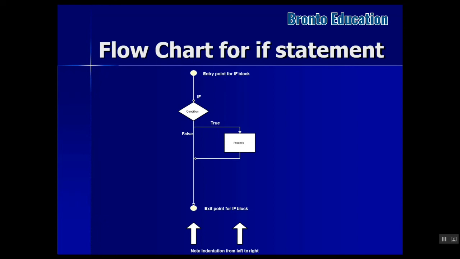If it is true, it will process your statement. If it is false, it will go to the next operation. There is no next operation. Just as we used before, if score is greater than or equal to 50, show that you have passed. There was no error code, so nothing happened. But when we use else,